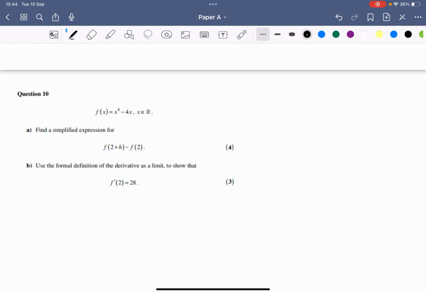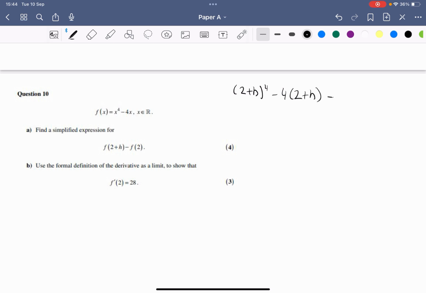Okay, now for question 10 we're told f of x is equal to x to the power 4 minus 4x. Part A, we need to find a simplified expression for f of 2 plus h minus f of 2. So essentially we just need to sub in 2 plus h first into the equation, minus 4 times 2 plus h,